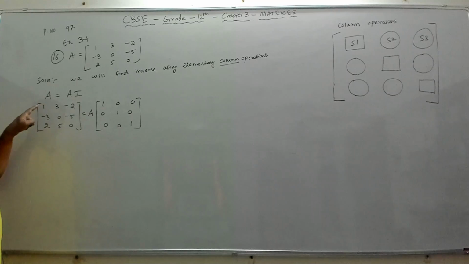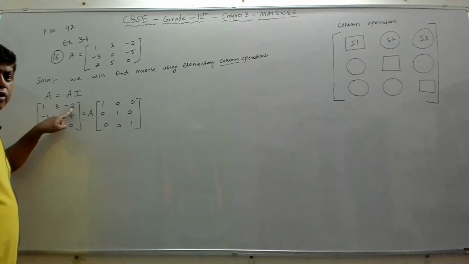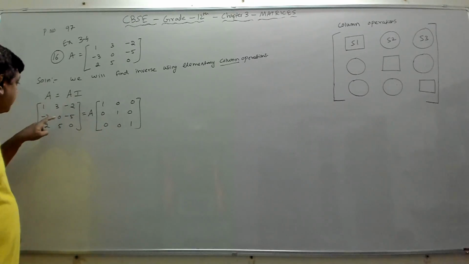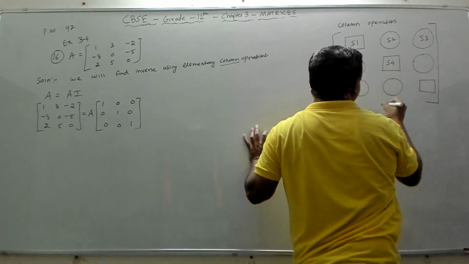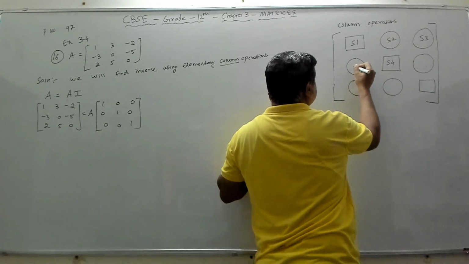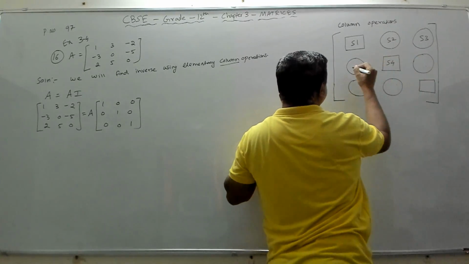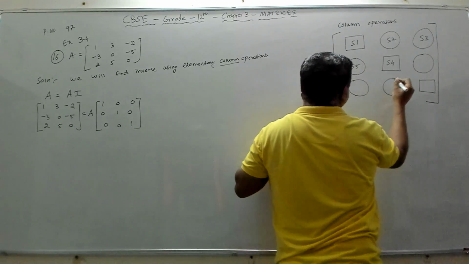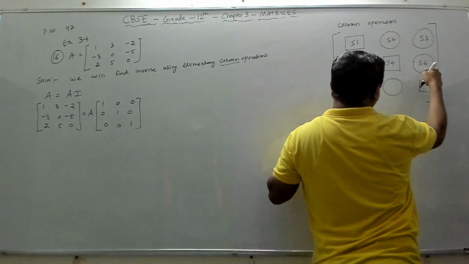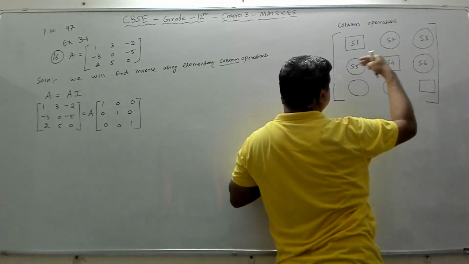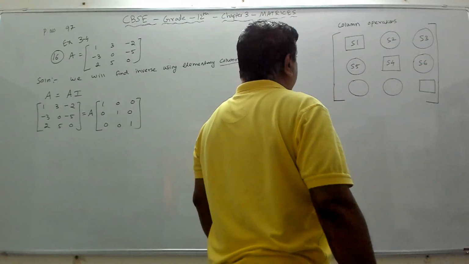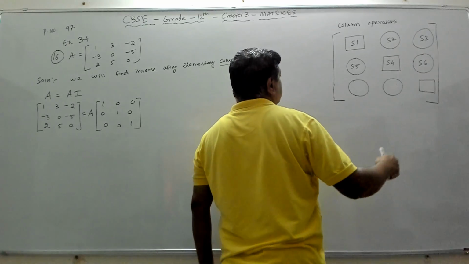This is your first step to make this 1, then second is to make this 0, third is to make this 0. Then the fourth is to make this particular element 1. Then the fifth step is to make the remaining elements in that row 0, which means this will be S5 and S6. You can interchange them also. You can put S5 and S6 here, but I'm just following the normal sequence of the matrix.